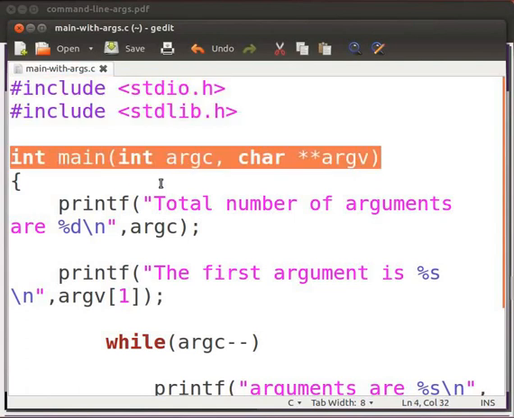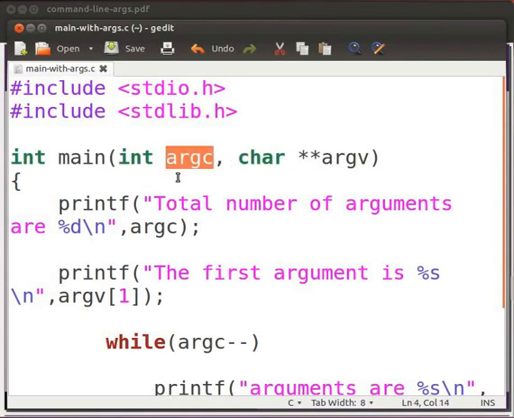This is our main function. Inside this, we have passed two arguments, int argc, char *argv[]. Argc refers to the number of command line arguments passed to the program. This includes the actual name of the program. Argv contains actual arguments starting from index 0. Index 0 is the name of the program. Index 1 will be the first argument passed to the program. Index 2 will be the second argument passed to the program, and so on.